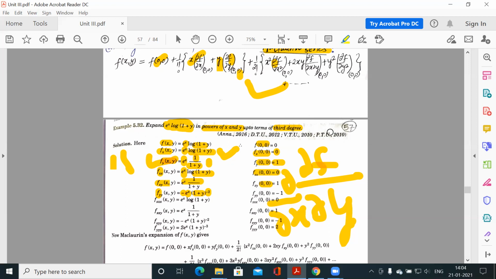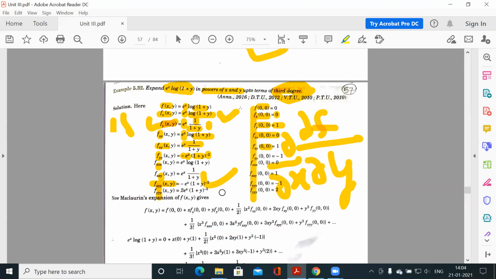Similarly, because we have to find out the derivatives of expansion up to the third degree terms, these are third order derivatives. Three times differentiation with respect to x, three times differentiation with respect to y. For xxy, first differentiate with respect to y, then differentiate this with respect to x two times more. Similarly for xyy, del f over del y, now you have to differentiate it first with respect to y, then with respect to x. So you will get fxyy. These are your derivatives, and these are the values of the derivatives at the point 0, 0.